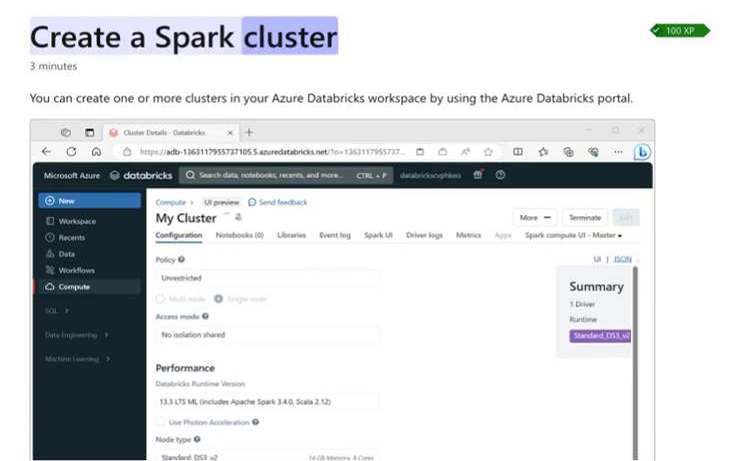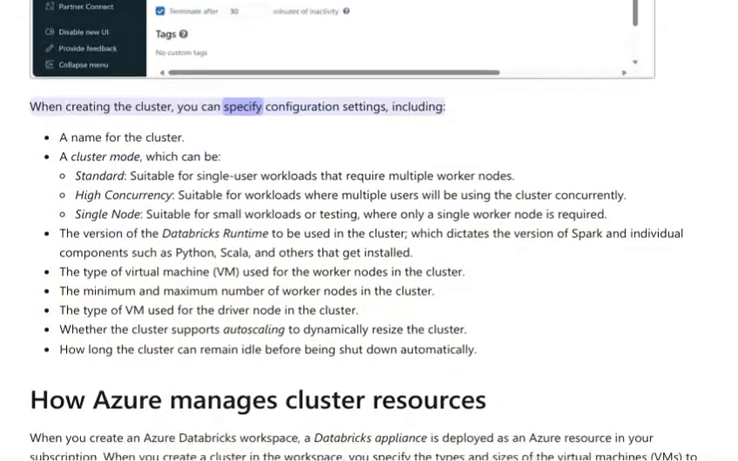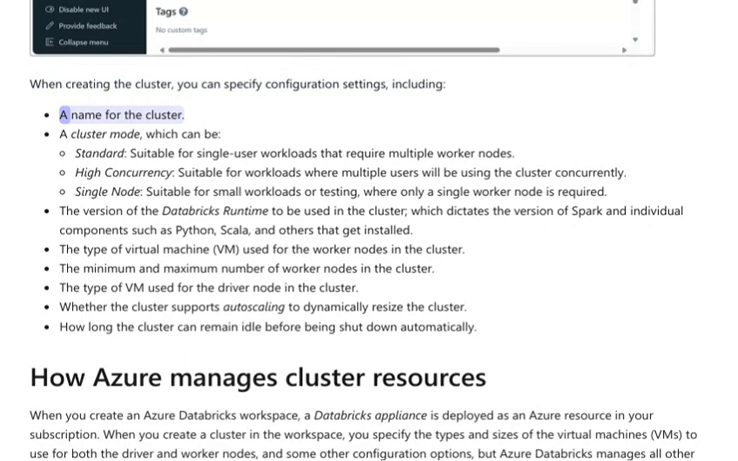Create a Spark cluster. You can create one or more clusters in your Azure Databricks workspace by using the Azure Databricks portal. When creating the cluster, you can specify configuration settings, including a name for the cluster, a cluster mode, which can be